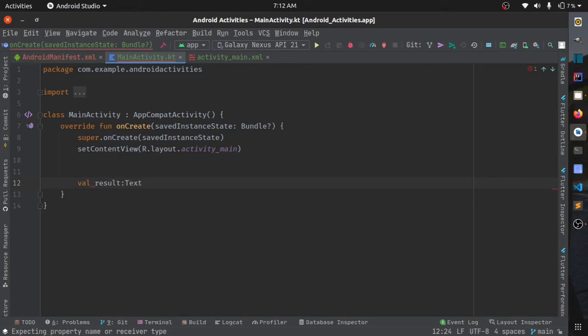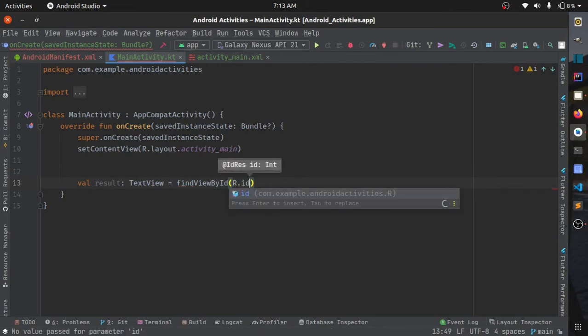You can name the variables as you want, that's fine, but it is good practice that you give the variables a meaningful name. So findViewById is the function that selects a view by its id, and you provide the id of that view.